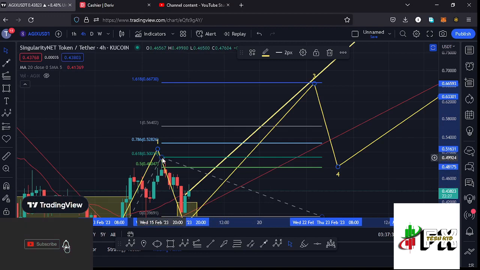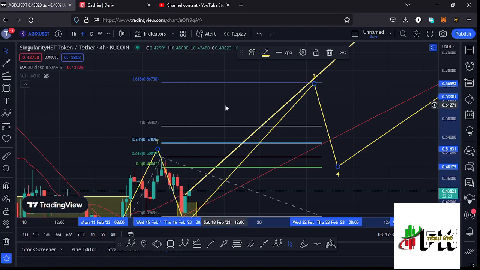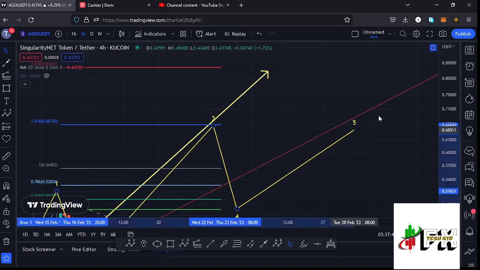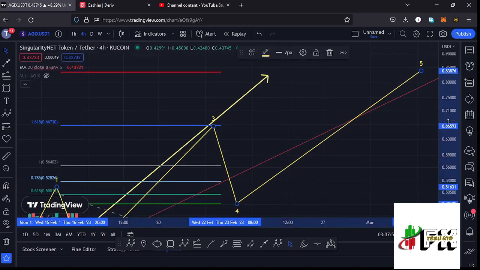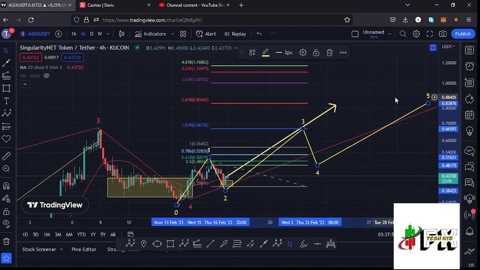So the moment we manage to break above the 20-day MA and also manage to break above a high that we made at around the $0.5 mark, then those two moves could trigger another explosive move to the upside, having my next target area at around the $0.6673 mark. And once we fully maximize the formation of that wave 3, then we can expect a wave 4, and then push even higher in the formation of that wave 5